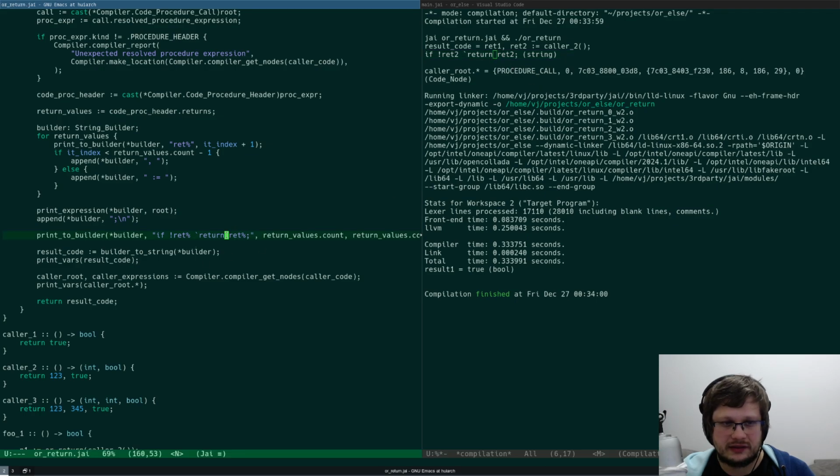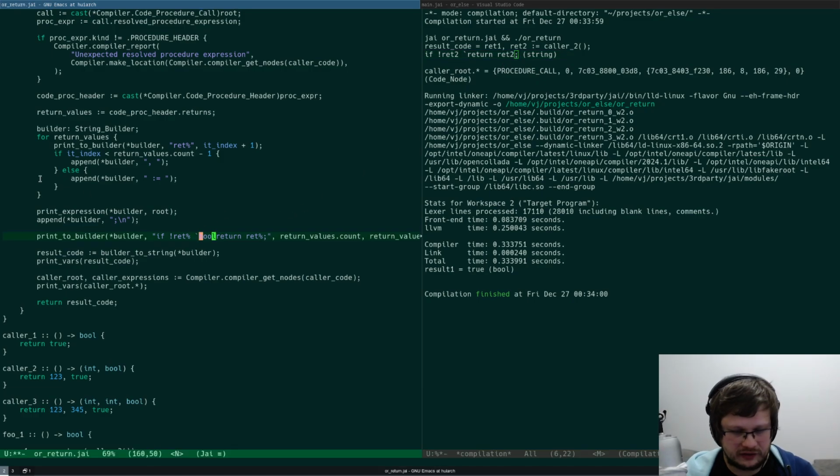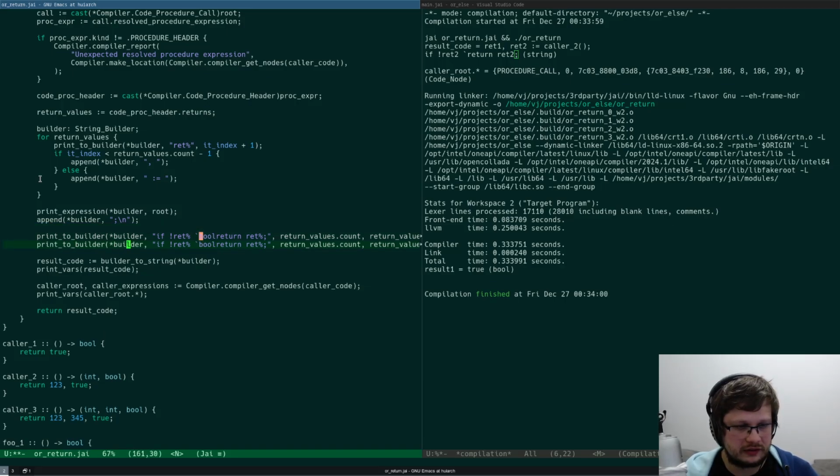Otherwise, I want to return. So it's an outer return, and otherwise I just want to return from the macro. Yeah, so after that I'm going to print to builder.